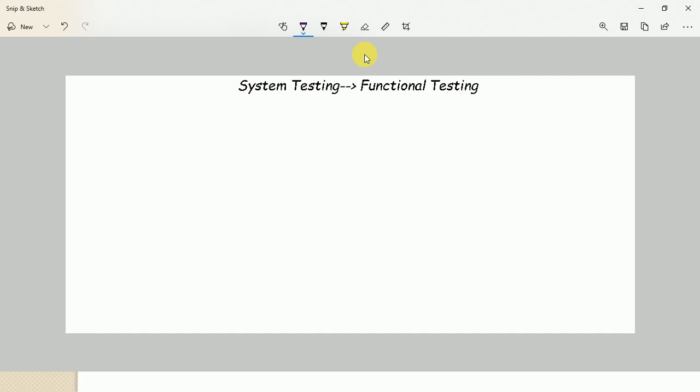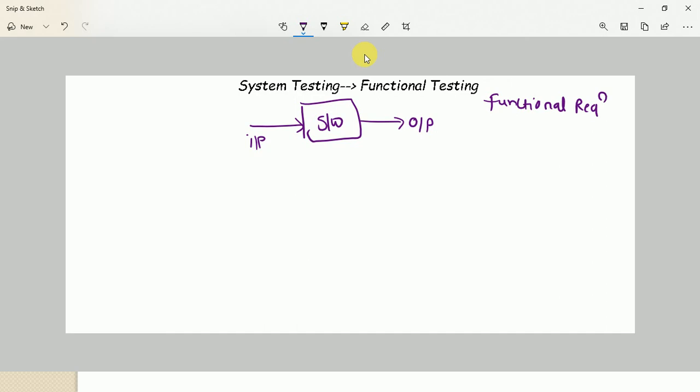But again, there is a question: what do we actually test or do in this? At the time of functional testing, we need to focus on some major areas. Okay, let's see. So the basic concept is what is functional testing. Suppose this is my software application, then we need to provide some input to that software application, and then we need to evaluate the output of that software application. Based on what? Based on the functional requirement. So the important concept is the functional requirement. We can do functional testing based on the functional requirement.